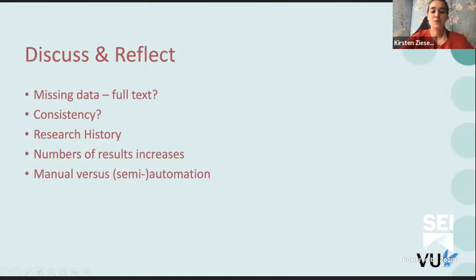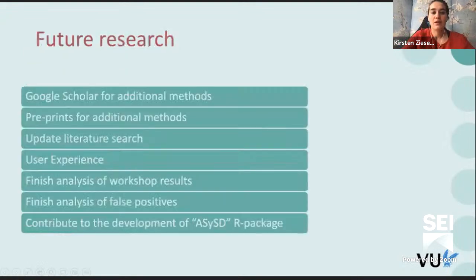Would it be possible to merge all the relevant information for one particular reference together? We have to take into account that the number of results increases. What kind of options do we have? And looking at the manual versus the semi-automated. So it will all come down to the coming research, and we're going to look on Google Scholar for more